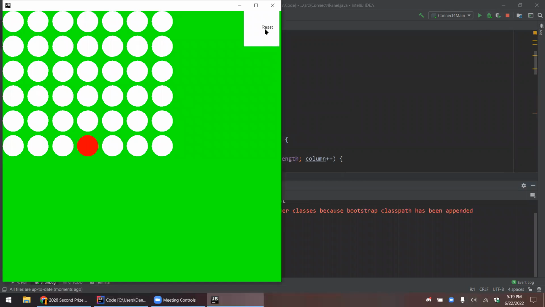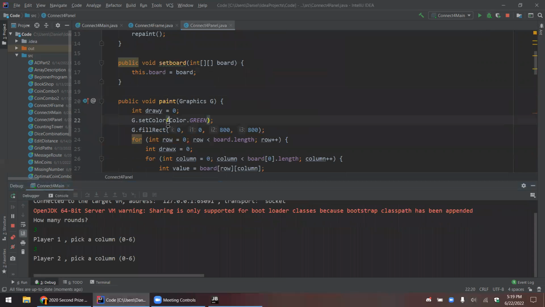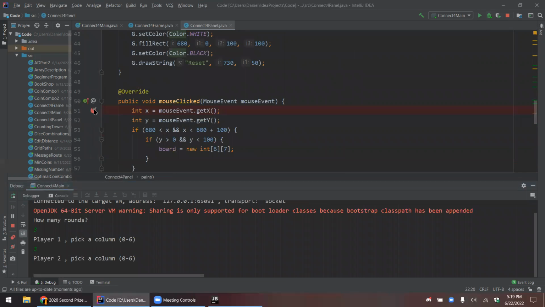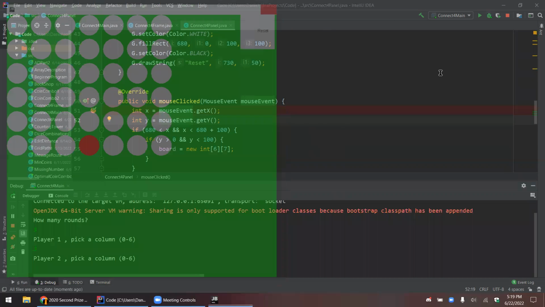Yeah. So see, even though we're pressing on the screen, nothing's happening. It's not going to this relevant method because it's not being called. Every time we click, it's not actually going here. So the reason is,